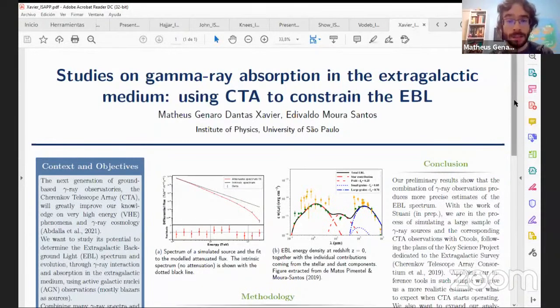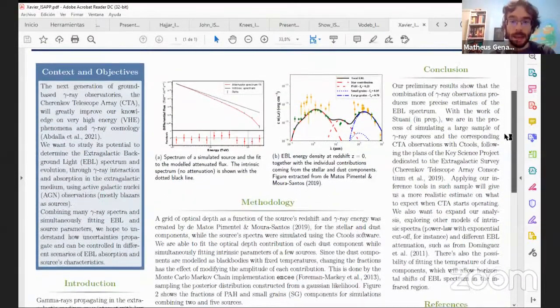So you may know that since the formation of the first stars and galaxies in the universe, the light emitted by them permeates the voids and is redshifted by cosmological expansion. And you also have the starlight absorbed by dust and reprocessed in longer wavelengths. So all this light from the ultraviolet to the far infrared is what we call the extragalactic background light, which we heard a little bit yesterday, and we surely will learn more about it tomorrow.